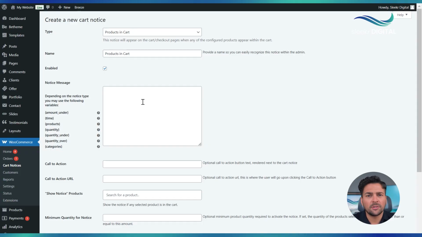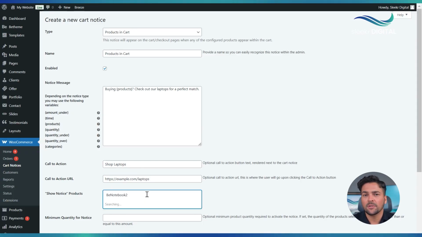In Notice Message, write your message, for example, Buying Product. Check out our laptops for a perfect match. In Call to Action, add button text such as Shop Laptops. In Call to Action URL, enter the Call to Action URL, for example, https://example.com/laptops. In Show Notice Products, select products to trigger the notice, such as the Believable Bell 00002 and Believable 2